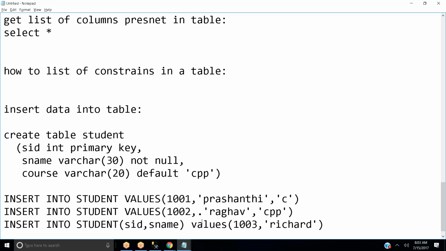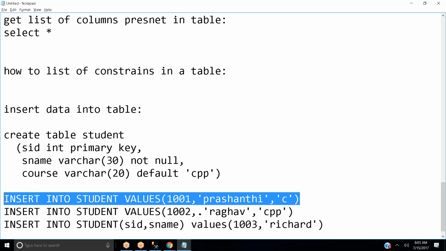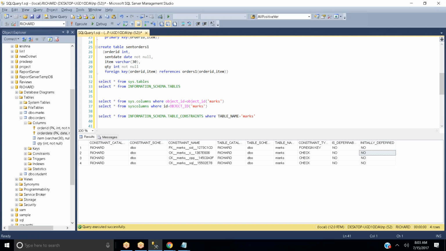So here, this particular 1003 value will get inserted, and since for course you have given the default as CPP, if you do not specify any value for your course, by default you are going to get CPP. Now we will execute each and every query and see the result. Now we will try to insert this particular value into your student table.